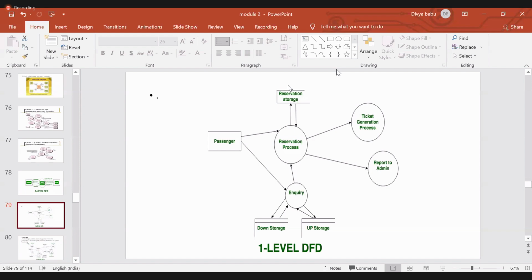The allocated and vacant seats, that information from a database. So from the reservation process, the software gives a request to the storage. It will give the reply back. What is the reply? The allocated and the free seats. Based on that,